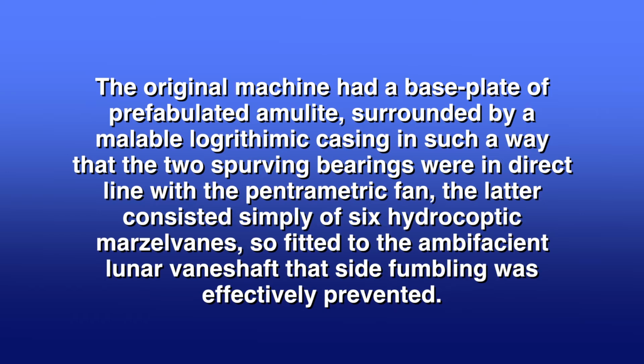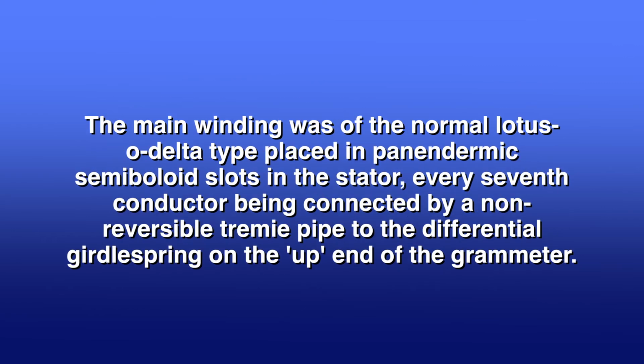The latter consisted simply of 6 hydrocoptic Marsal vanes so fitted to the ambifascient lunar vane shaft that side fumbling was effectively prevented. The main winding was of the normal Lotus Odelt type, placed in panendermic semi-bolide slots in the stator, every 7th conductor being connected by a non-reversible tremie pipe to the differential girdle spring on the up end